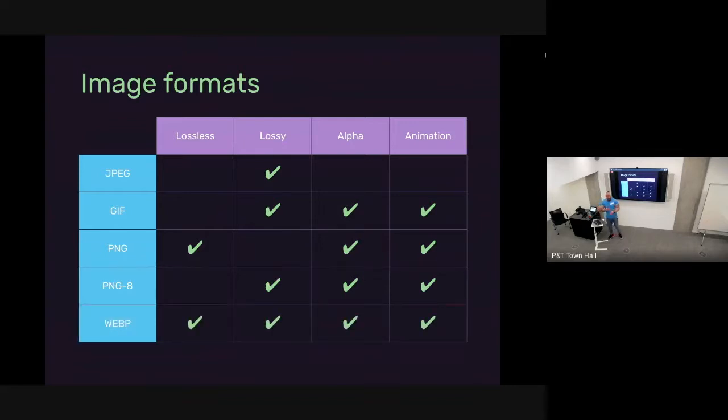Now, WebP is the new exciting format on the block, created by Google, and it's really well supported at the moment in terms of browsers. It can be lossless or lossy, depending on which compression algorithm you use in it, and it can also have transparency and animation. So it's the one solution that fits all. So we're going to look at WebP